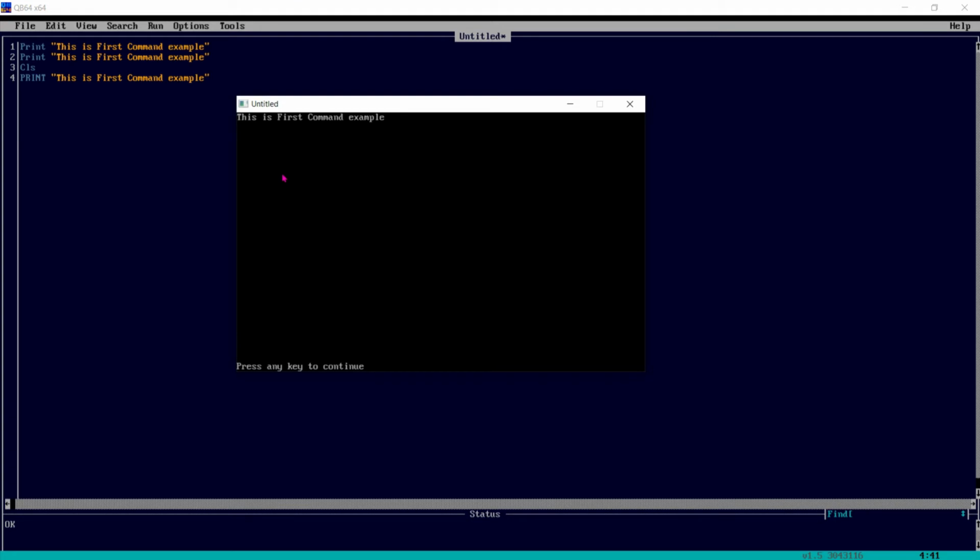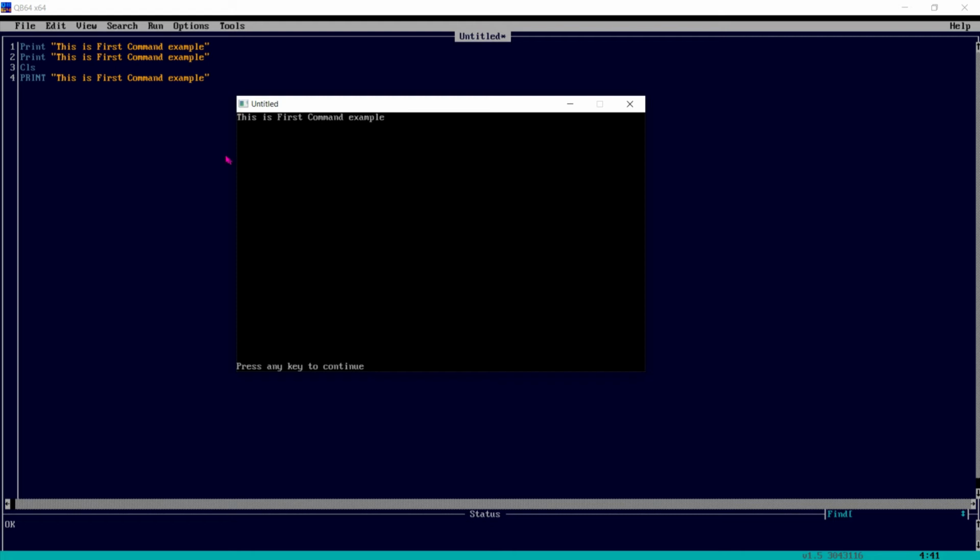The CLS command stands for clear screen. It clears the content of the screen. To start a program with a fresh screen, you can use CLS at the first line of every program. And this command can be used anywhere in a program.